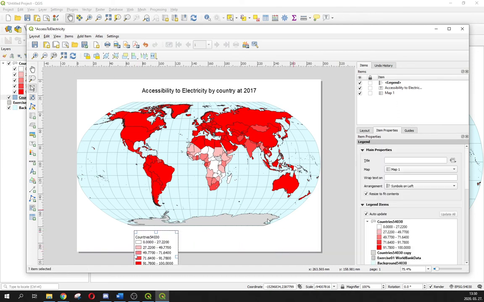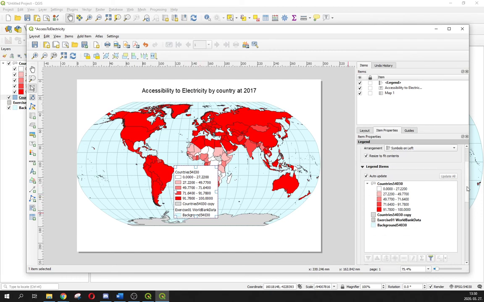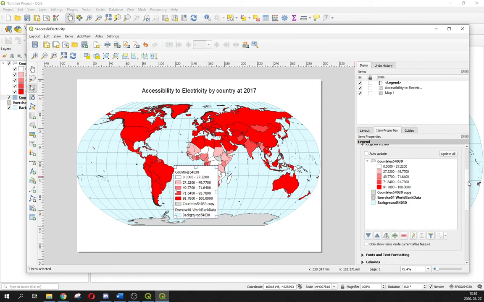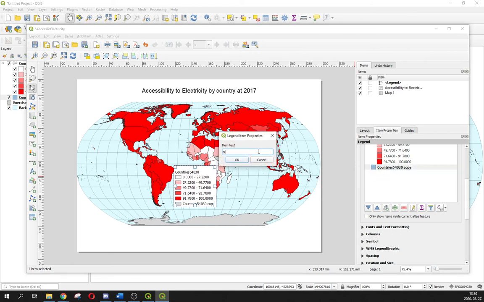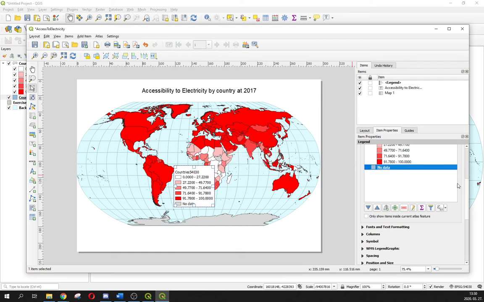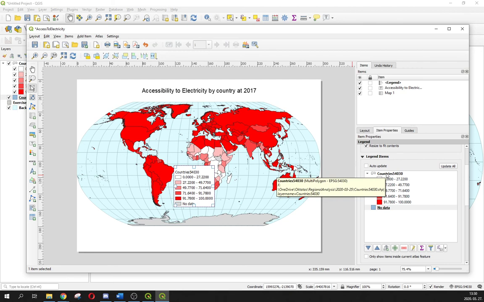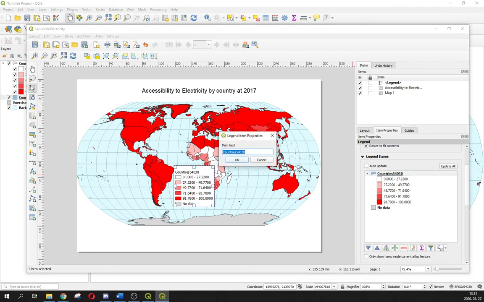OK, make a frame. OK, we have the legend, but we have to delete the unnecessary elements from this, and we should click the auto update and delete the exercise and delete the background as well with this button, and just double left click for the countries copy and write to this no data, and double left click for the countries and name it a better form, access to electricity, and percentage form. Okay,